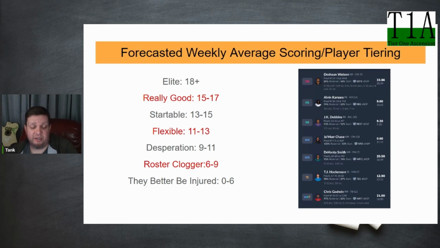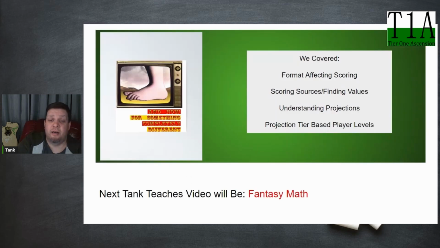If they're averaging less than 6 points a game, let's go back and break this down real quick. That's a receiver that's getting 3 receptions and 30 yards in a PPR league. That's a running back that rushes 50 yards and catches 1 pass for a yard. It's not what you're looking for. That doesn't help you. We've made it to the end of this one.